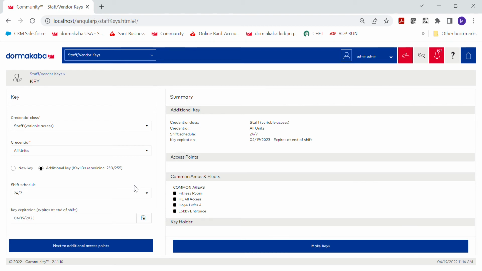If you apply the schedule or leave it the default of 24/7, you can also select an expiration date. So you're going to pick a specific date when this credential will no longer be valid. This can be in a day or it can be multiple years away. If you have a schedule and a date, the credential will be invalidated at the end of the shift on